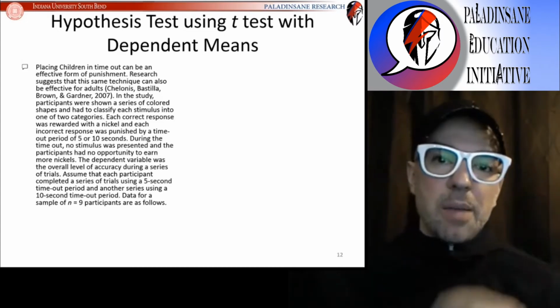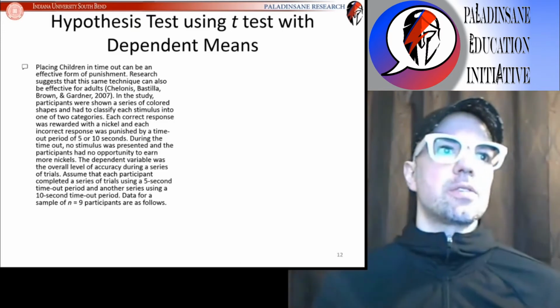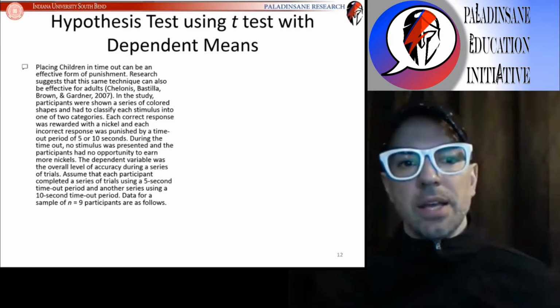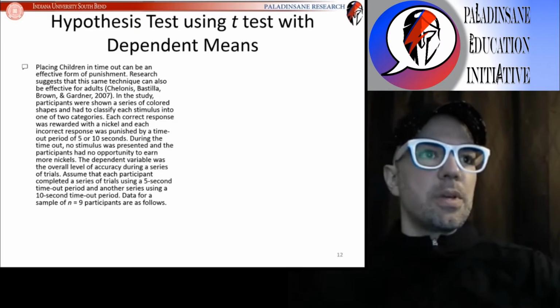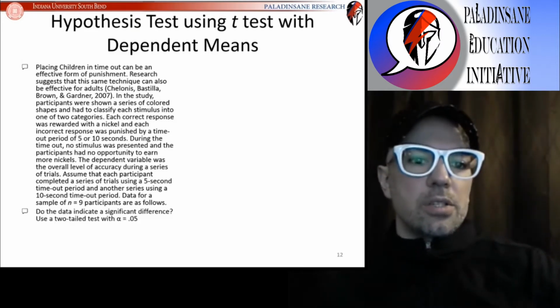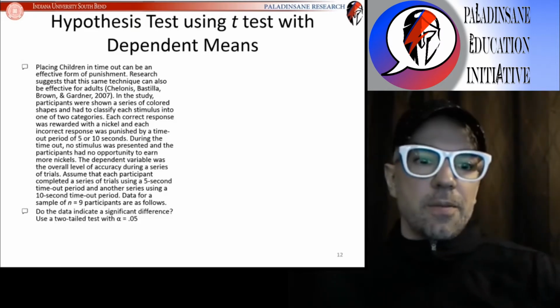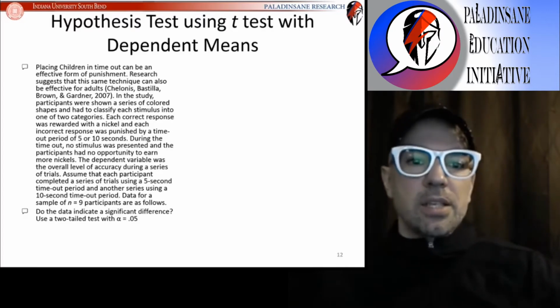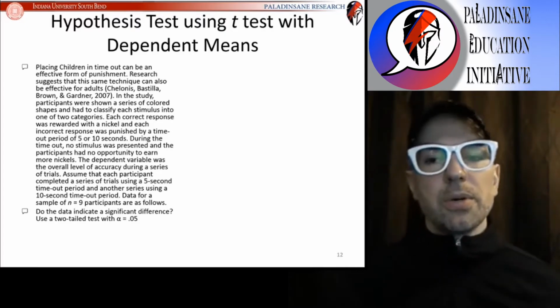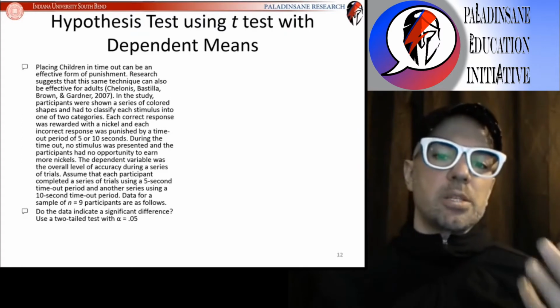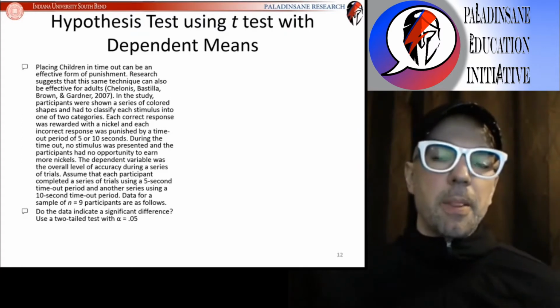And then those same participants completed another series of trials using a 10-second timeout period. Data for a sample of 9 participants are as follows. We're going to see if the data indicates a significant difference, and we're going to do a two-tailed test with an alpha of 0.05. So we're doing a non-directional test because before we even begin this experiment, we have no